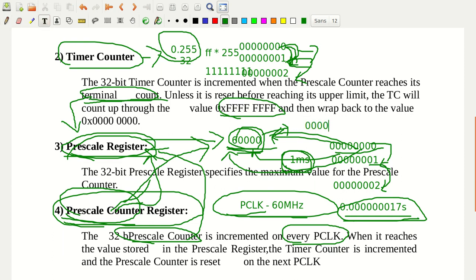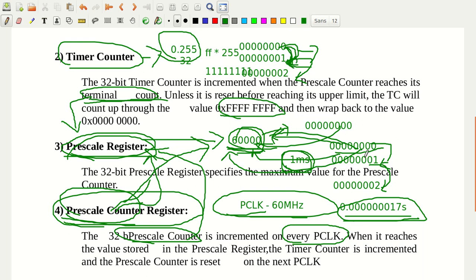It resets again, starts from 0 0 0, and gets incremented to 60,000. So going from 0 to 60,000 takes 1 millisecond, and after 1 millisecond your timer counter gets incremented by 1.